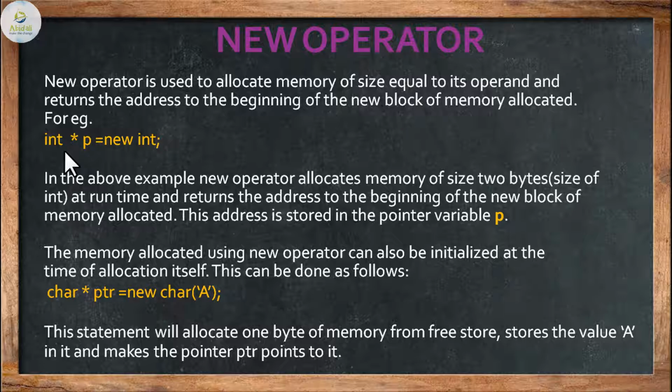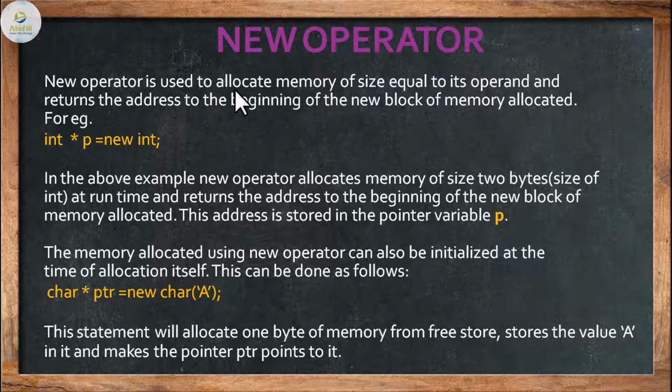Now you see in the example, we are allocating the memory with the help of the new operator to the pointer called p belonging to integer type, and the operator new is followed by a data type, that is int. So that is equal to the size of its operand. What is its operand? Its operand is a data type. That is, what is the total amount of memory space occupied by an integer? It is 4 bytes of memory space that will be allocated for the pointer p. Okay, that's the first point.